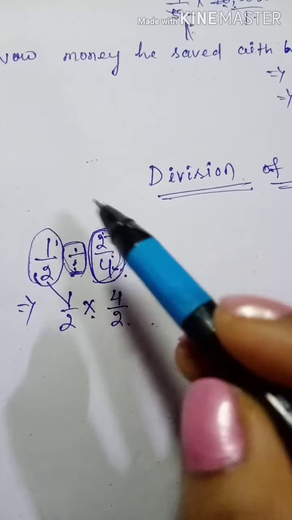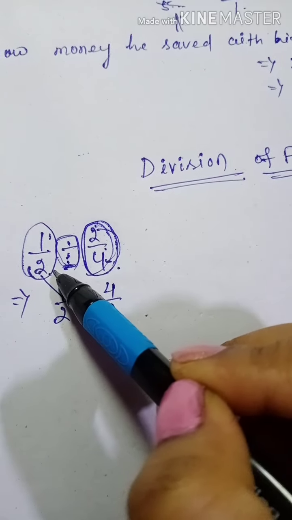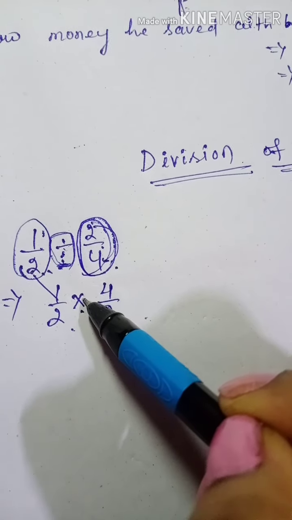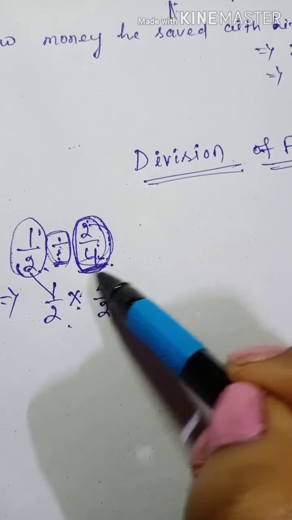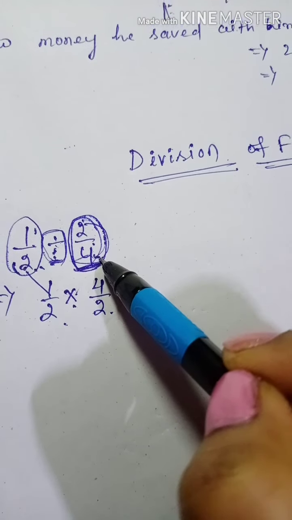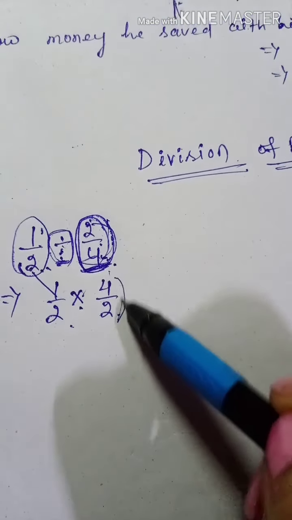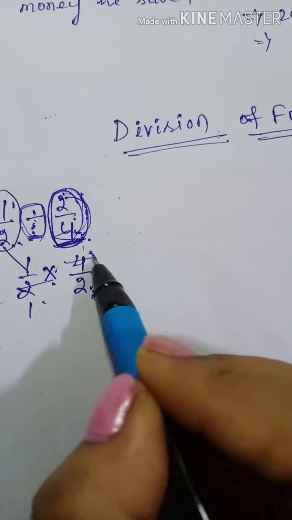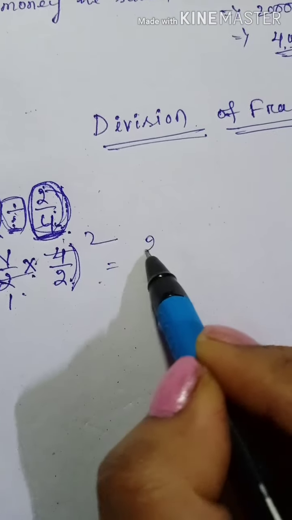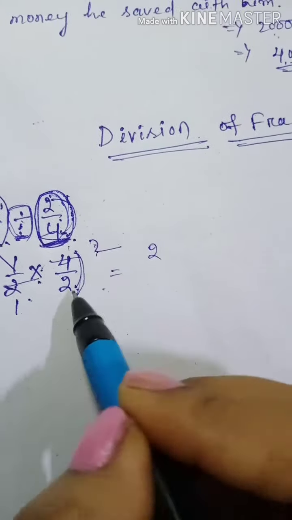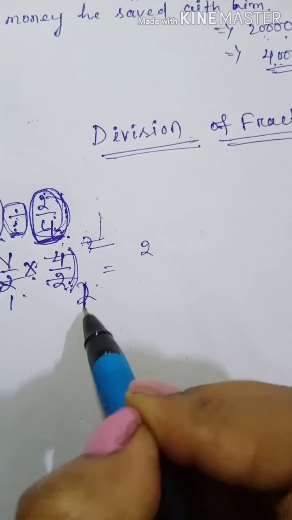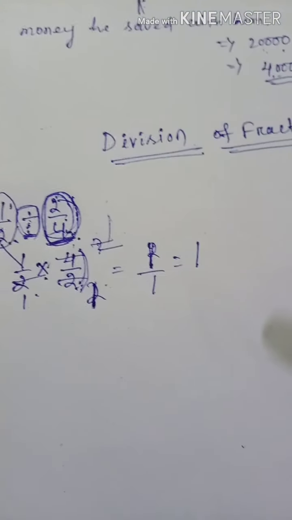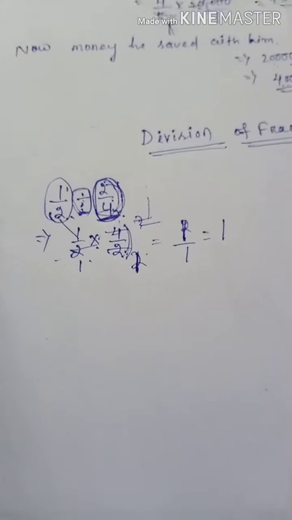Remember, the first fraction you have to write as it is given, change the division into multiplication, and write the multiplicative inverse of the fraction in the second form. If it is 2 by 4, I write 4 by 2. After that you follow the multiplication method. 2 ones are 2, 2 twos are 4 here. Another point: 2 by 2 is there, 2 ones are 2, 2 ones are 2 also here. The answer is 1 by 1, the answer is 1. It is the division of a fraction by a fraction.